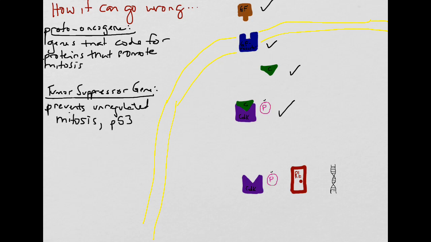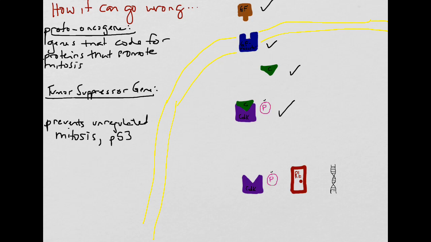A gene that, just to make the wording the same, let me fix this. A gene that codes for proteins that prevent unregulated mitosis. All right, like p53. Okay, so